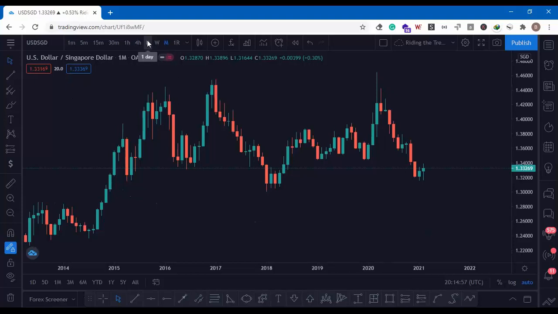Anyone can be any type of trader, but I doubt if retailers would like to be into positional trading where they leave trades running for months. I think there are only a few people that do that, but you can choose to do that if that is your style or it resonates with your kind of way of life. So mostly the type of trader that you are is because of your daily routine or your life routine. You choose the one that resonates with you and works well for you.